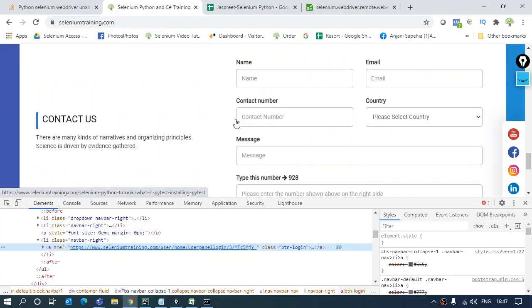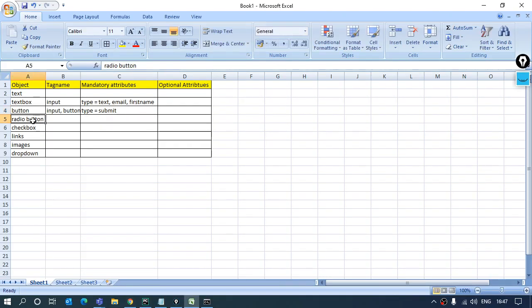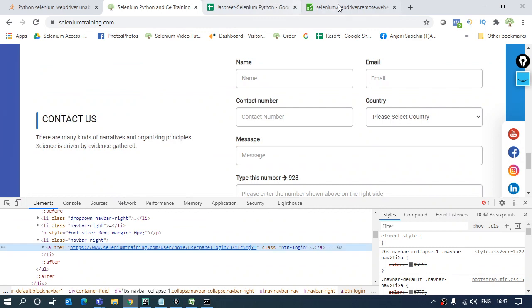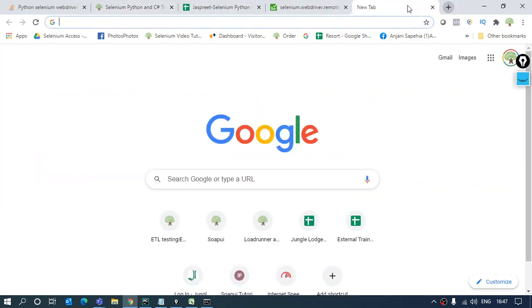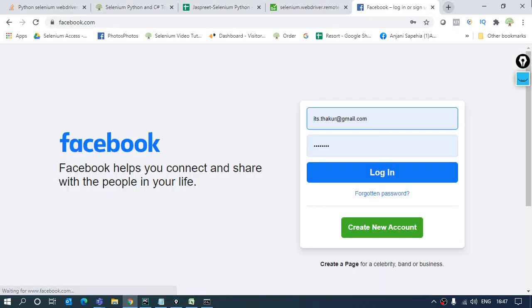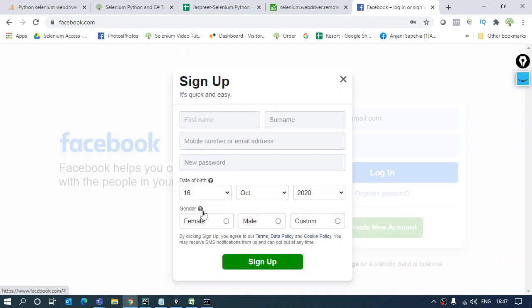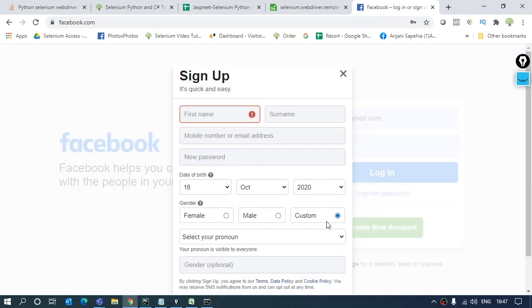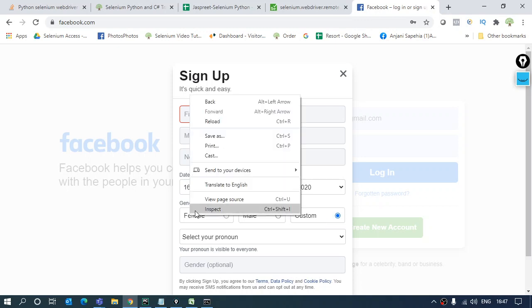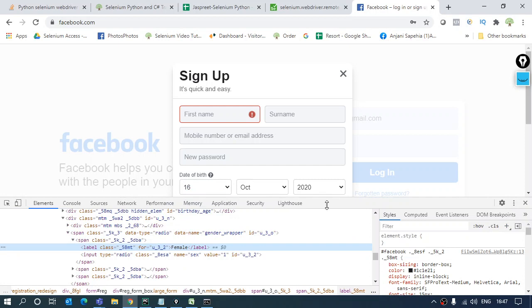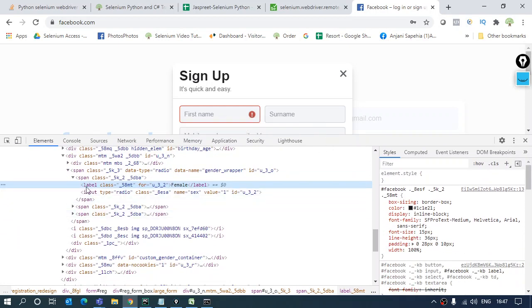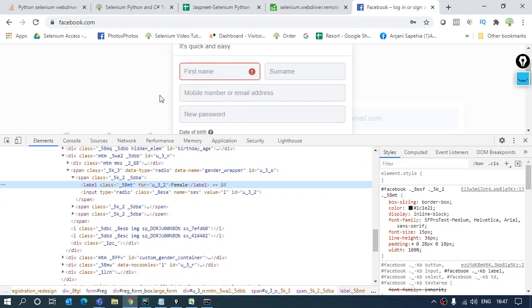Okay, then comes up the radio button. Now to show the radio button part, I'll take the example of facebook.com. Over here I'll be able to show you. If I go to this create new account, I have these radio buttons. Right. Now radio buttons have the specification that only one out of the whole group can be chosen. Right. So if I inspect any of the buttons over here, they are inside the label tag over here, but usually, just wait.